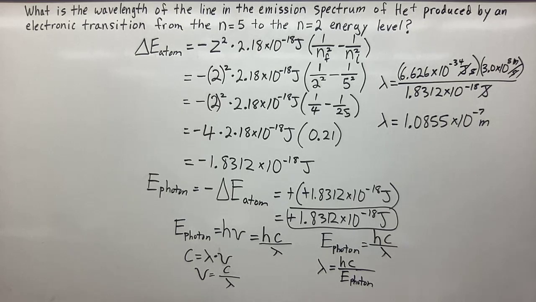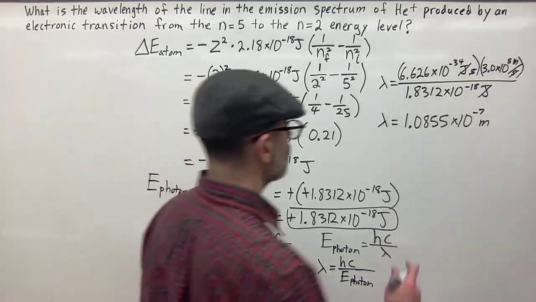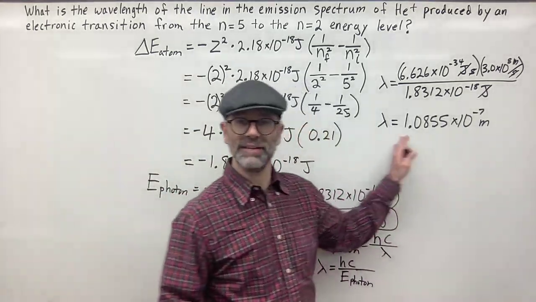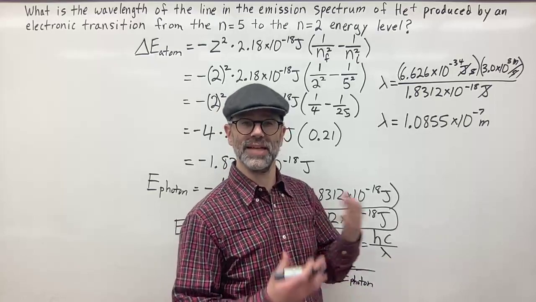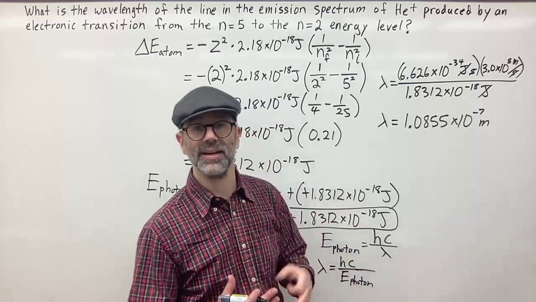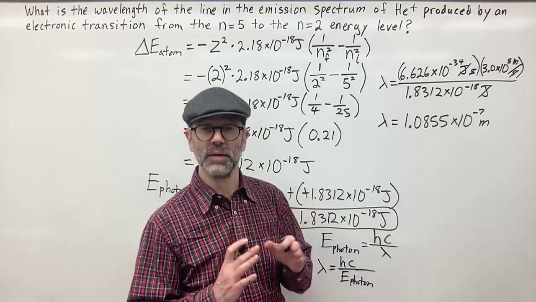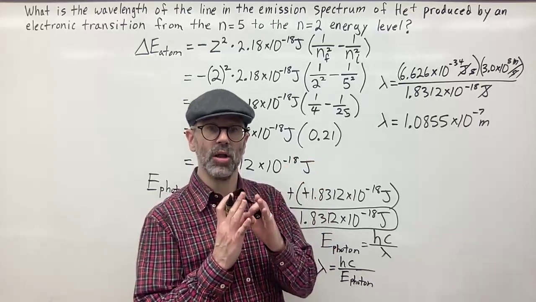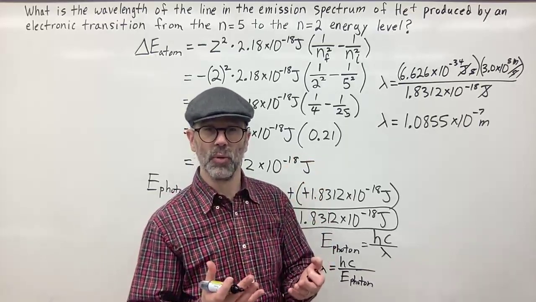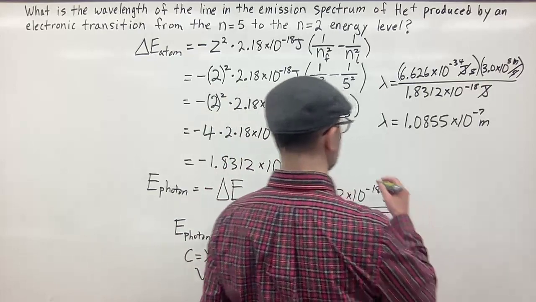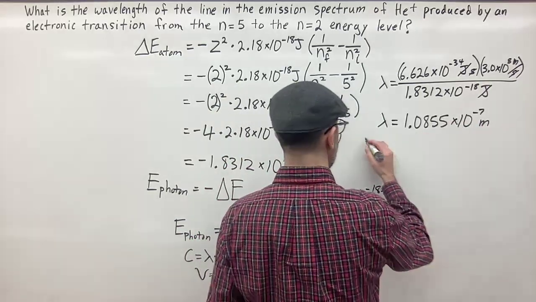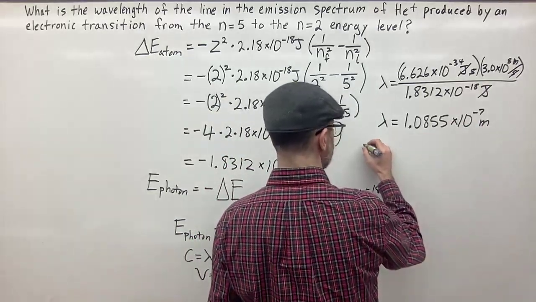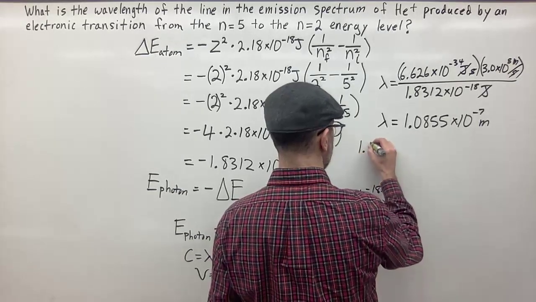Okay. So then, normally we don't have it in meters. We want it in nanometers because that's usually the unit that the wavelength of light is in, because the wavelengths are so small. Nanometers is a more appropriate unit. So we're going to have to convert meters to nanometers. So use the conversion factor. So we're going to start